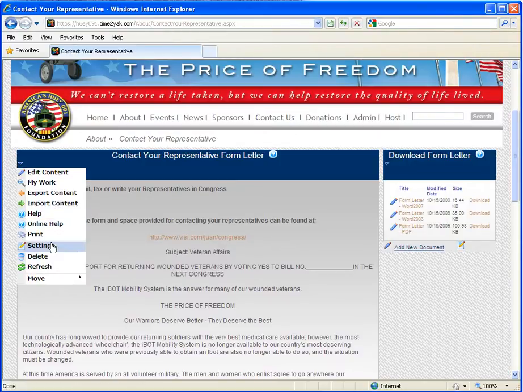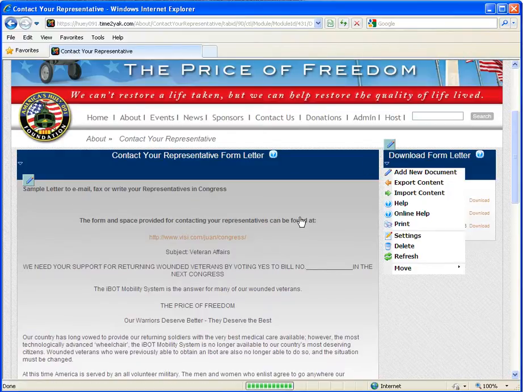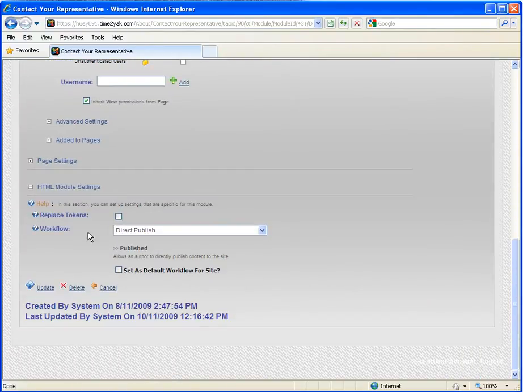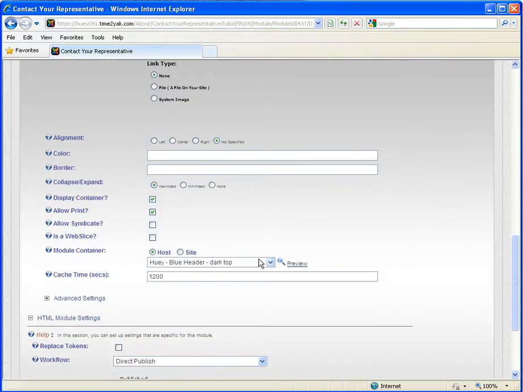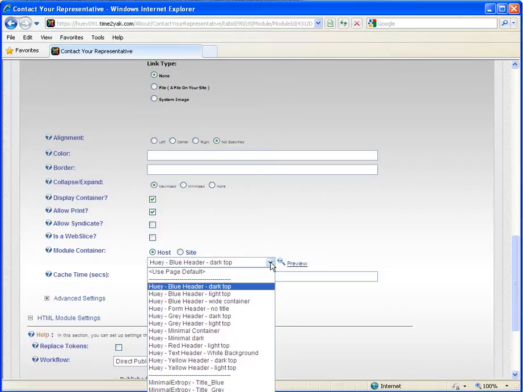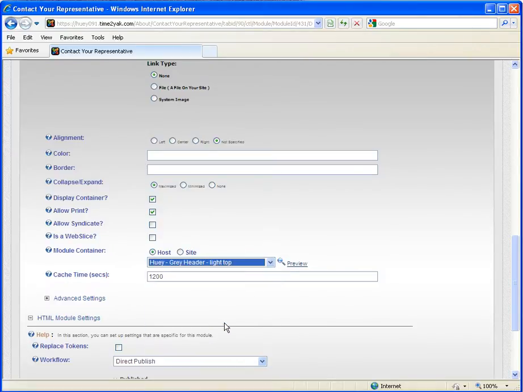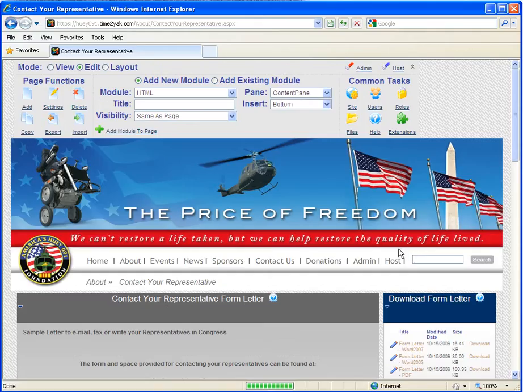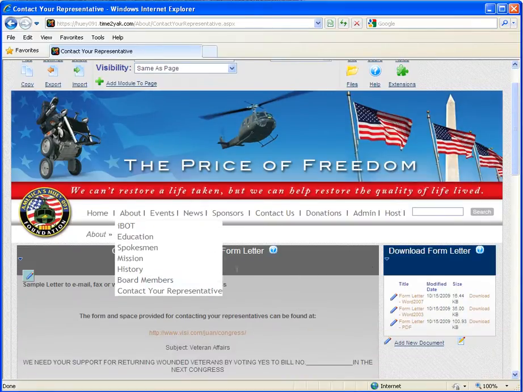Go back in again. This time we're going to change to a completely different colour. So instead of using the blue top, I'm going to open up page settings again. This time I'm going to pick the grey header with a light top. So the background will be oriented the same way as the other module, but the header will be different. You can see now we have this grey top,